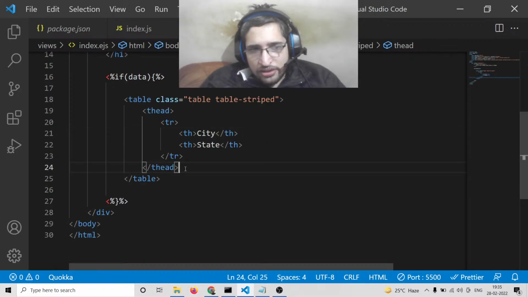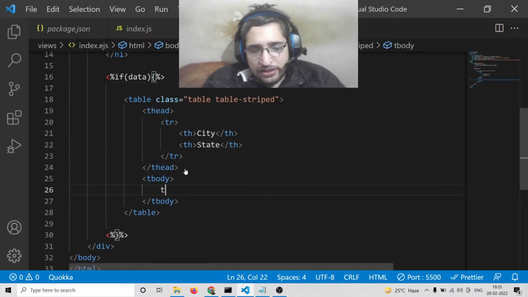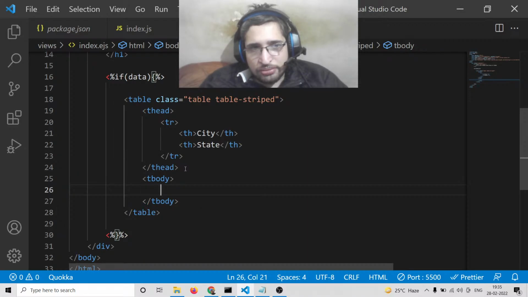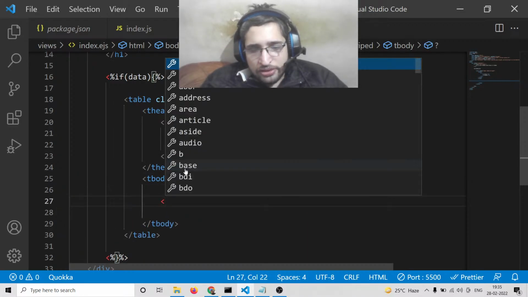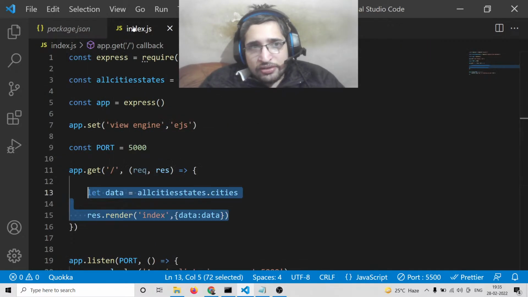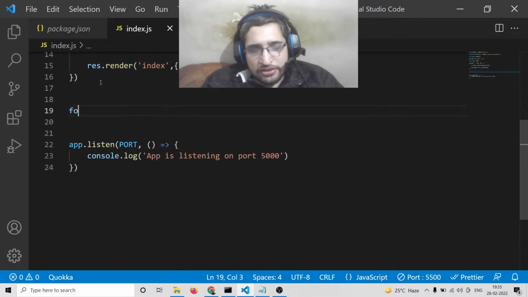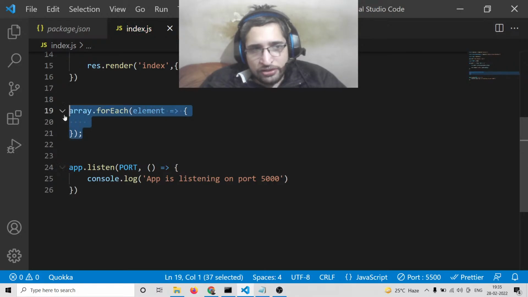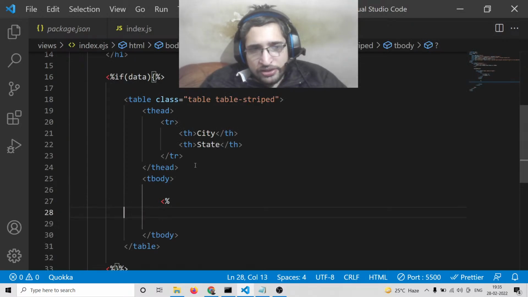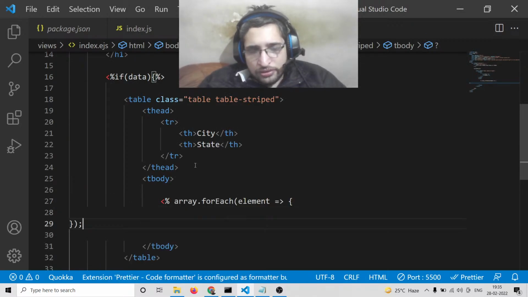That's it. And after that, guys, we will have the table body tag, and inside this we will be using the forEach loop. Now to use that forEach loop, here we need to put the angular brackets. So this is for defining it. The forEach loop is nothing special; this is the syntax, if you know the forEach loop syntax. Let me copy it, and here we will paste it. So close it by this,